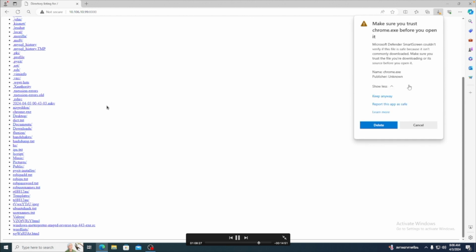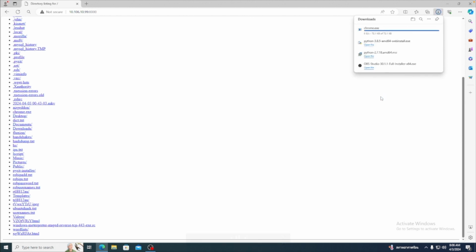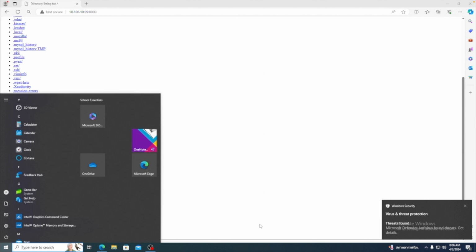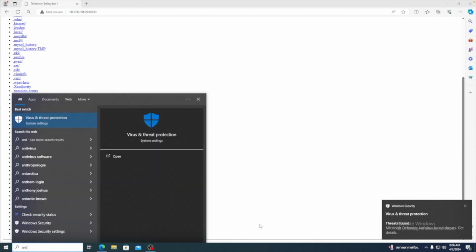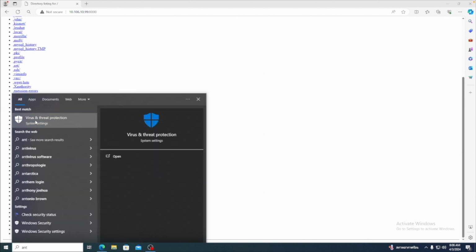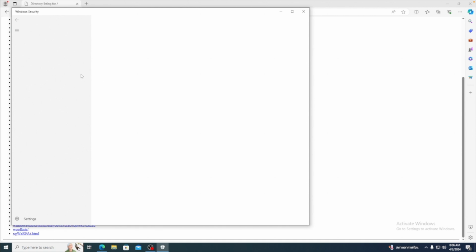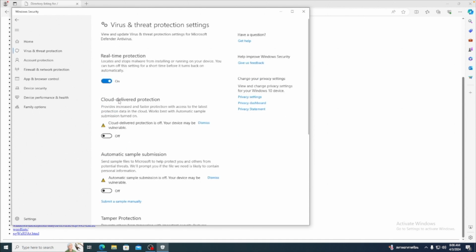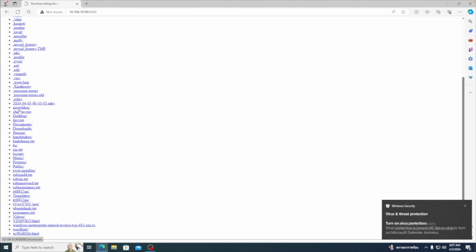Now, in the first instance, when we try to download this, it is going to be blocked by the antivirus. So we are actually going to have to look at how we can disable the antivirus so we can download this payload. In order to do this, we're going to go on to Start. We're going to type in antivirus, virus and threat protection, and we're going to need to turn real-time protection off. So we're going to go into Manage Settings, turn off real-time protection, and we should then be able to re-download